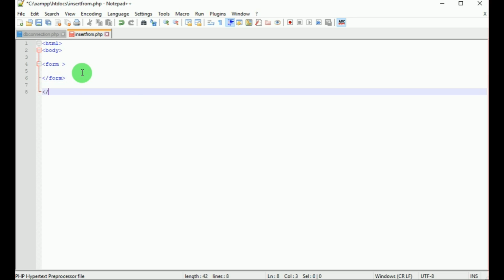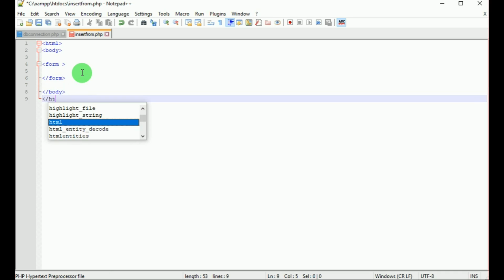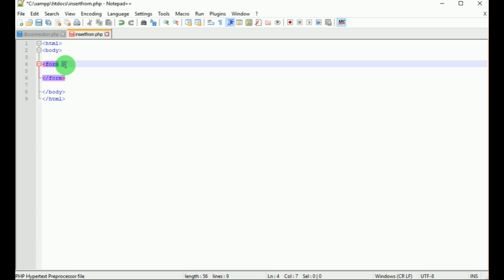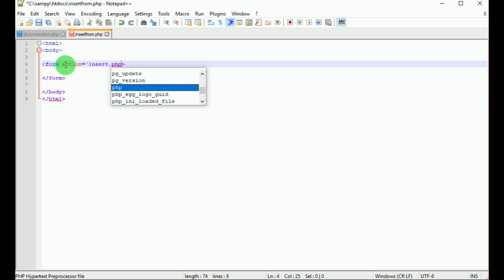In the form, let's give the action and method. Inside the action, let's include the file name as insert.php. Let's create it later.